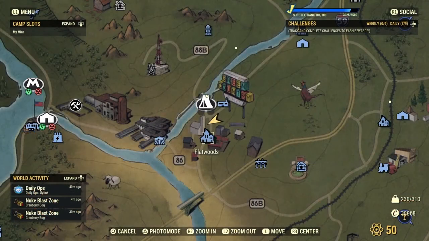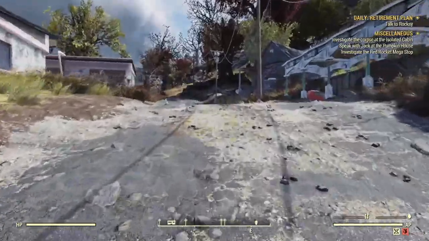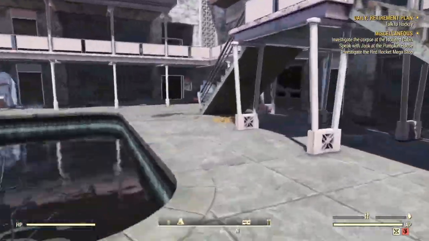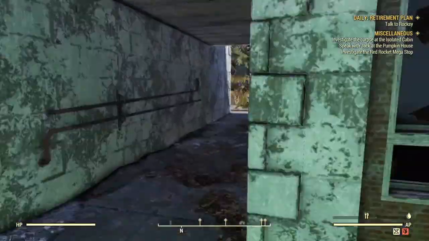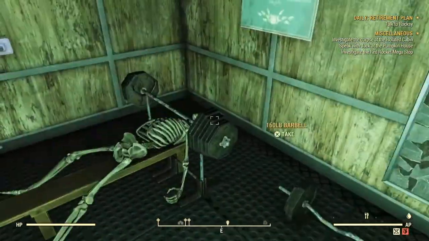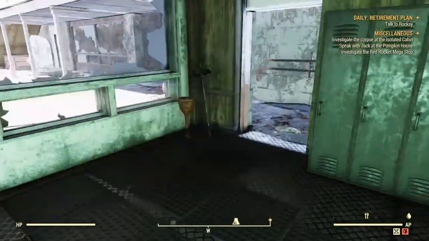Okay, next location is in Flatwood, the Green County Lodge. Now, once you spawn in, you'll want to make your way to the back here, this little motel area, and down here, there's a weight room. So, be sure to grab these weights. And if I remember correctly,